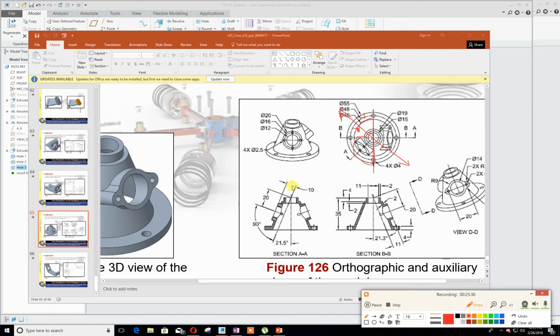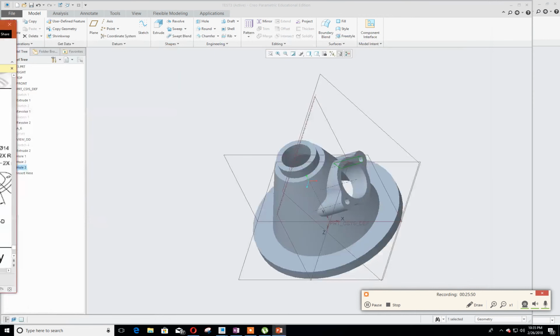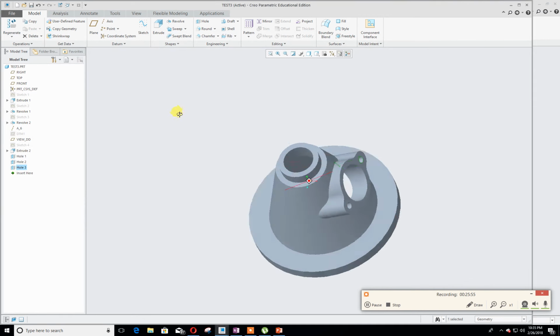It's gonna be this plane. Then we're gonna rotate this plane with an axis by 21.5. Okay. But the best way to learn is by seeing how it's done. Okay. So what we're gonna do is